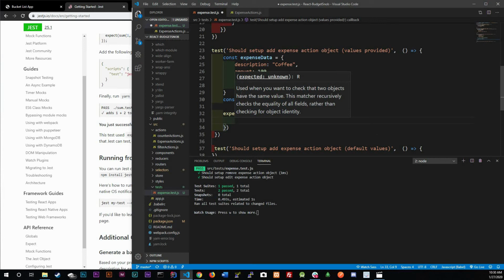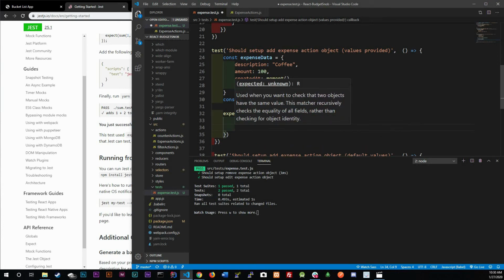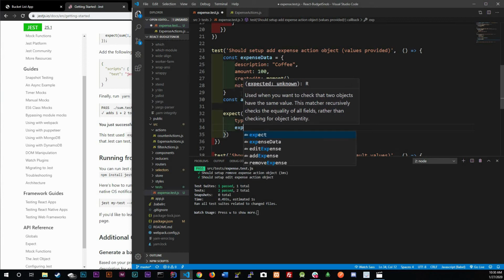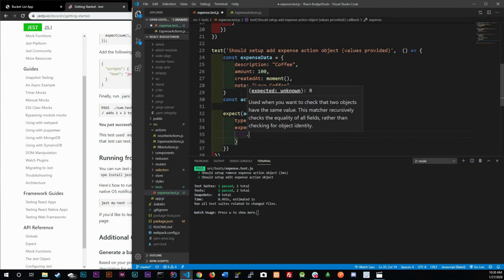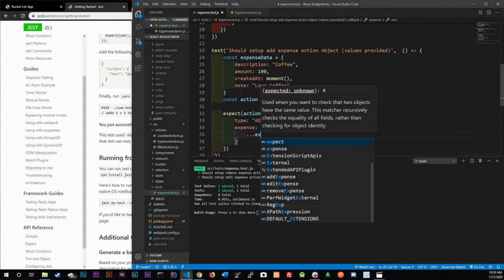We expect it to equal an object with type being ADD_EXPENSE with an expense property, and I'm just going to spread out the expense data from up above,